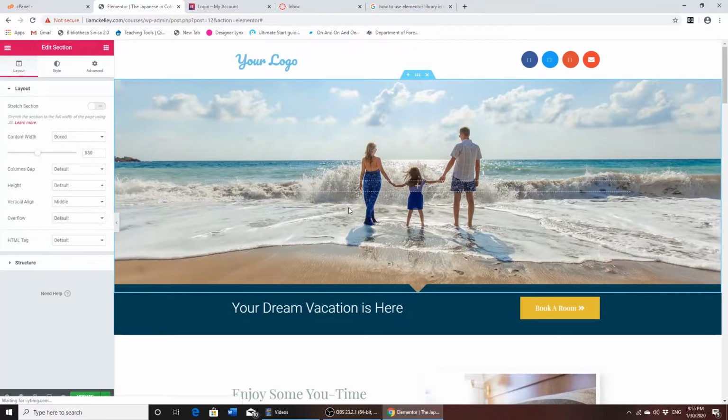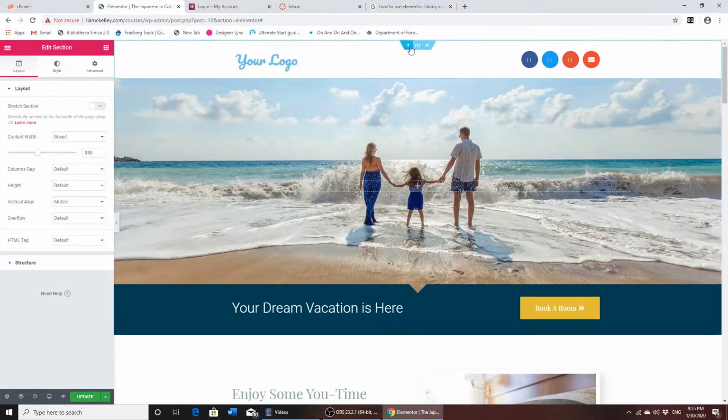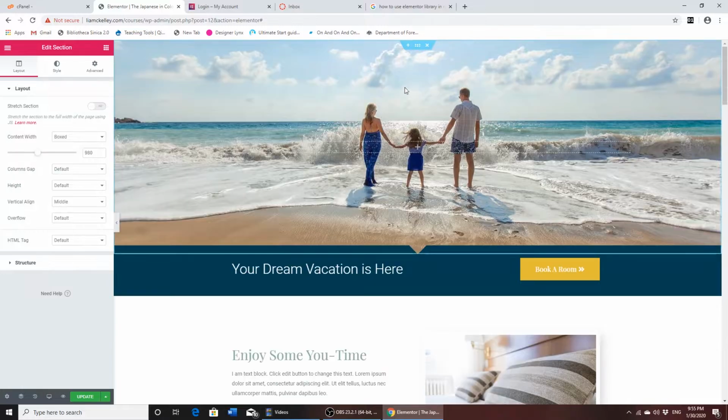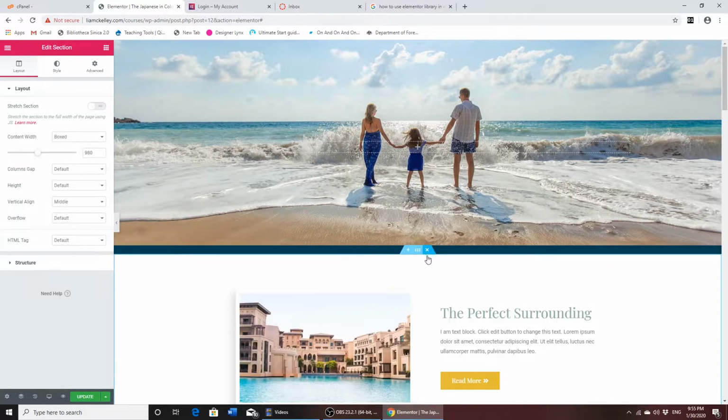Okay, and it went ahead and inserted that entire page into my website. But as I say in the tutorial, we don't want the entire page. So what we're going to do is delete the sections that we don't want, like this. Get rid of all of them